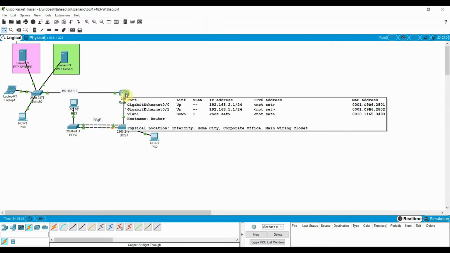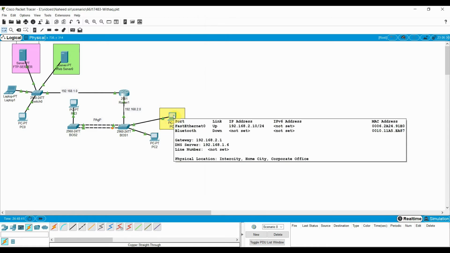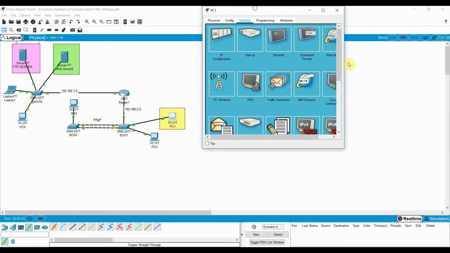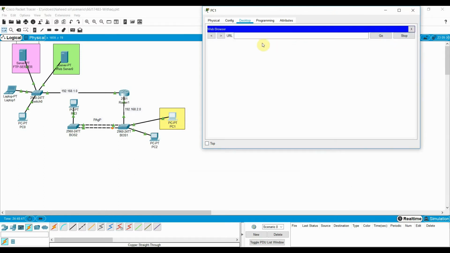You can see here how we can block the FTP and web services from PC1. First of all, I would like to show you that we can access the web services from PC1. You can see we can access haidertech.com from PC1.